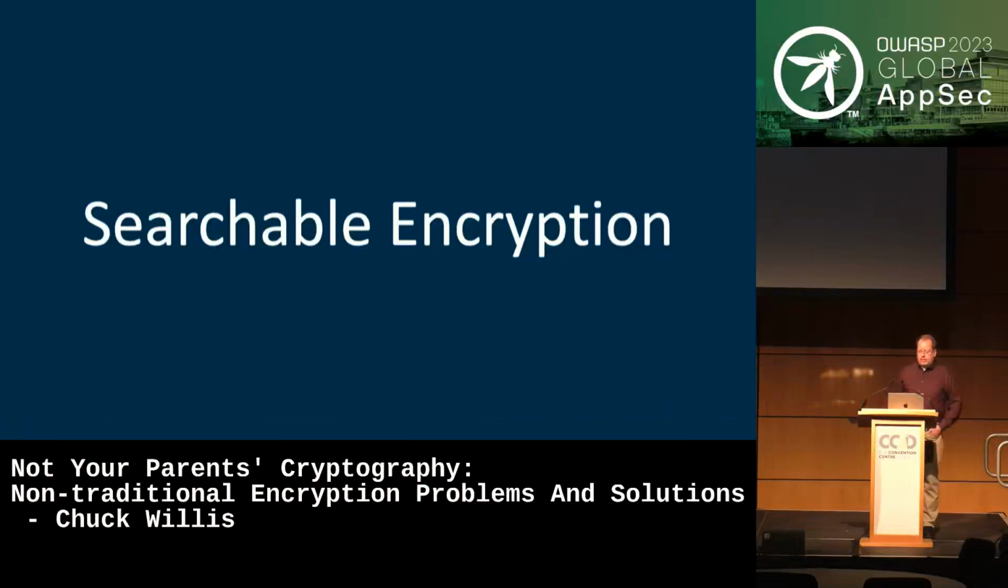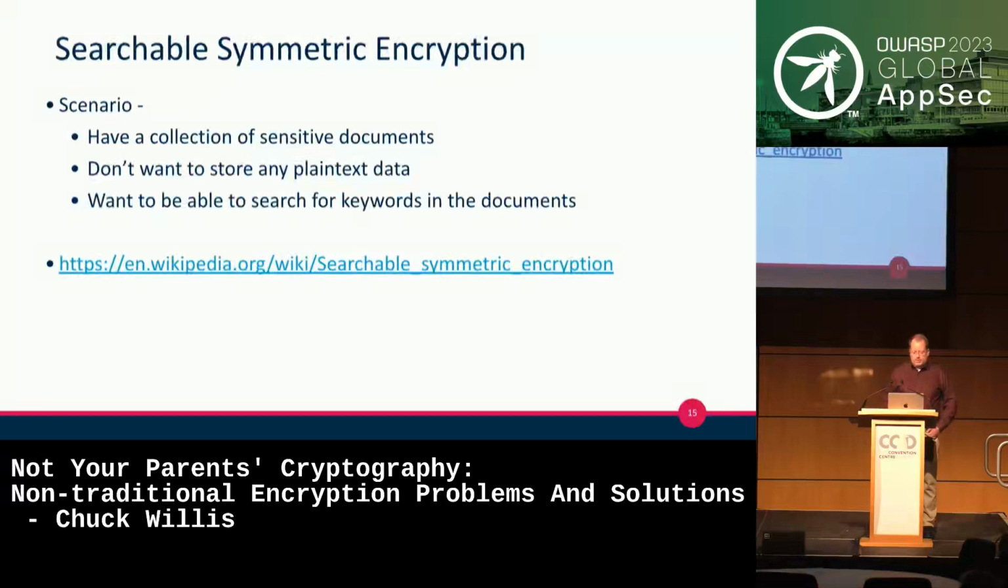So another item that's of interest is what's called searchable encryption. We talked in the last one about how deterministic encryption allows you to do searches on equality. This is a bit similar, but it's not quite the same. The problem space here is more along the lines of documents. So we've got a collection of documents, maybe with some sensitive information in it, and you want to be able to search for keywords across those documents, but you don't want to be storing any of that in plain